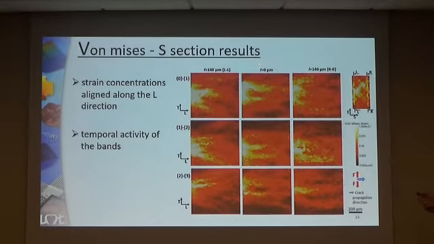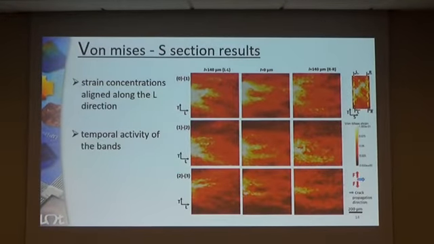In the middle column, we are observing the mid-thickness section of the specimen, and on the left and on the right, we are observing the sections that are close to the surface. So we can observe these 3 horizontal strained bands, and an interesting thing is to observe the temporal activity of the bands. In the first loading step, the middle one and the upper one are mostly active. Then in the second loading step, the activity is shifted down, while on the third loading step, activity is again in the middle and the upper horizontal band.